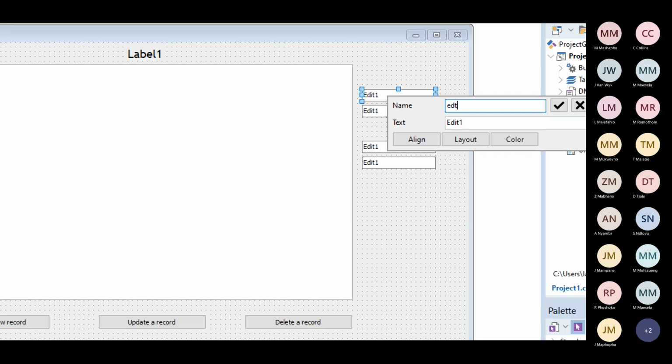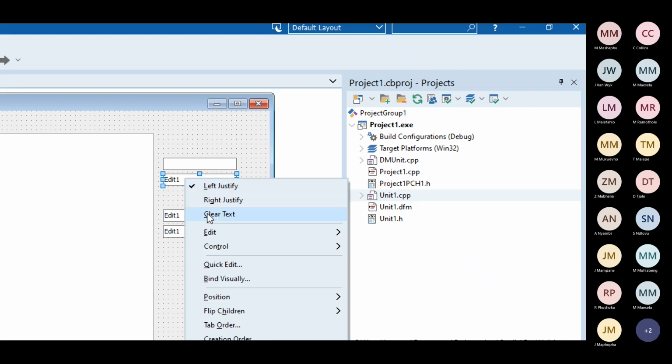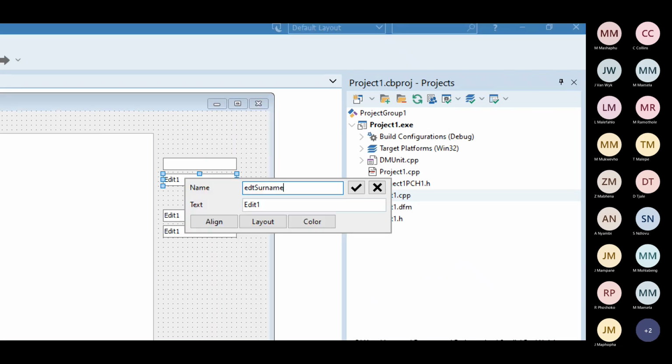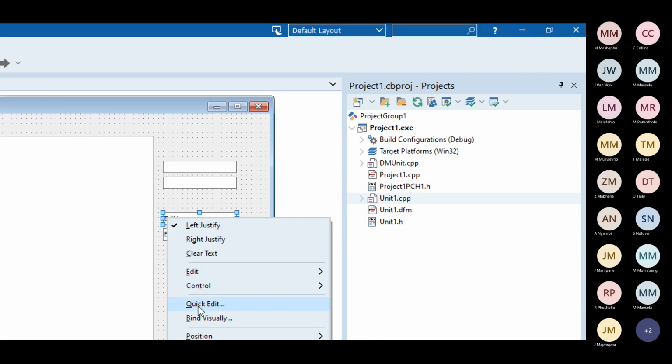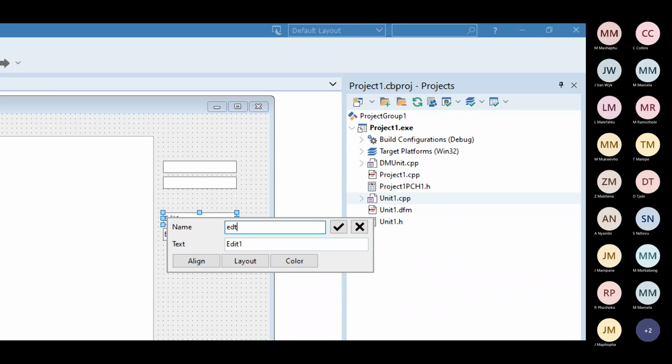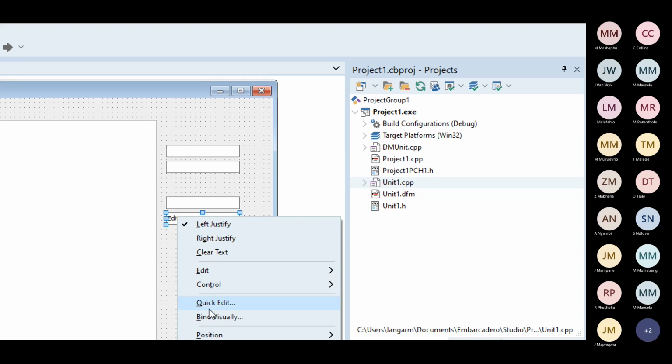So EDT name, I can leave it as blank, and then this one EDT name, I can leave it as blank, and then EDT rank. Why do I keep forgetting rank? EDT rank, and then EDT